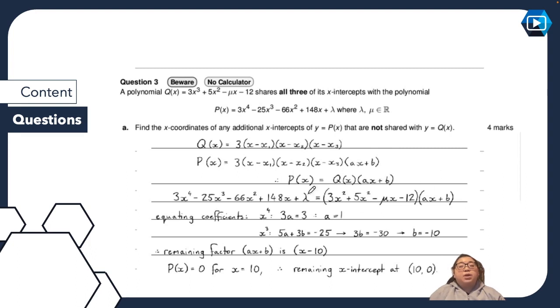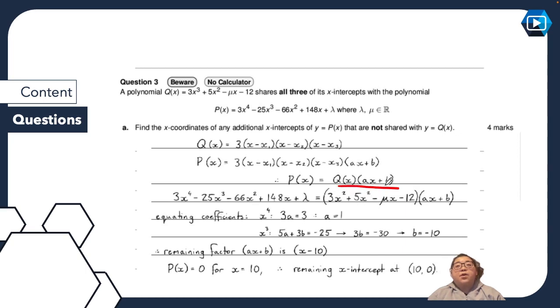So this one is one of the methods where we've done equating of coefficients across, and you can see that they've made this equal to that, and all of those factors are shared throughout. What you're going to do here is equate coefficients across. So you're going to say that this function q of x times ax plus b is going to equal your other function, and then once you equate coefficients and move things across, you can see that this would give you 3x